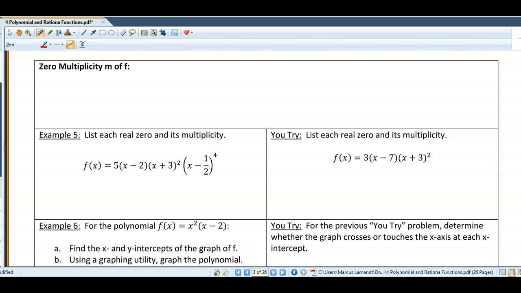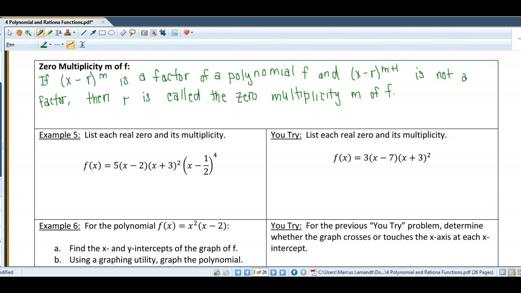Zero multiplicity m of f. Let me write out the definition. If x minus r to the m power is a factor of a polynomial f, and x minus r to the m plus 1 power is not a factor, then r is called a zero of multiplicity m of f. Okay? So, for example,